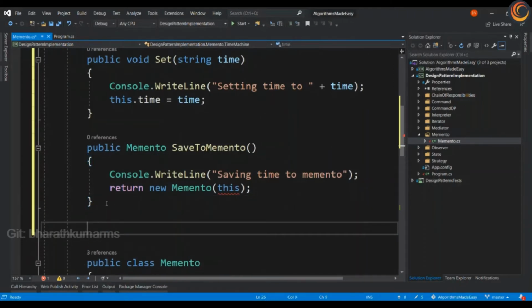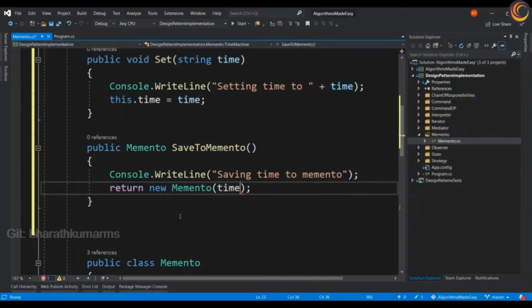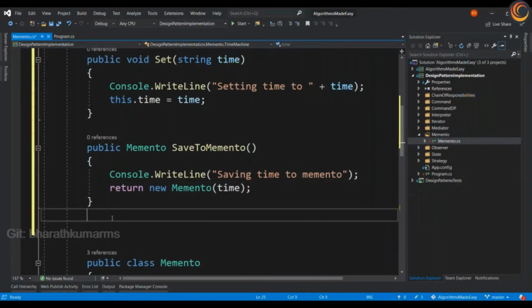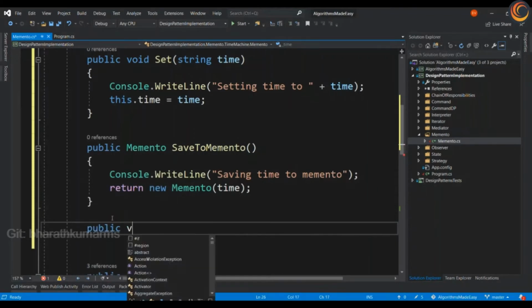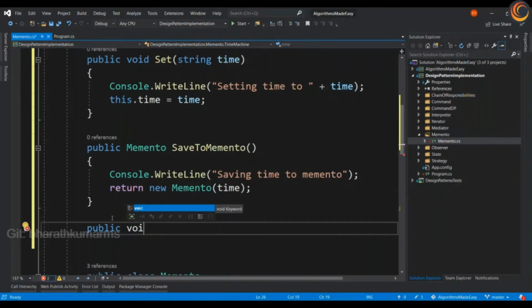Next, we will create a restore point. Right, we have to pass the time to it. Okay, there we go. The restore point will take the user back to a checkpoint.